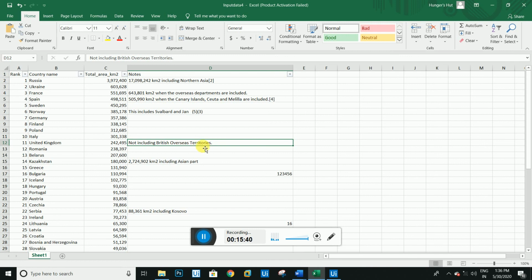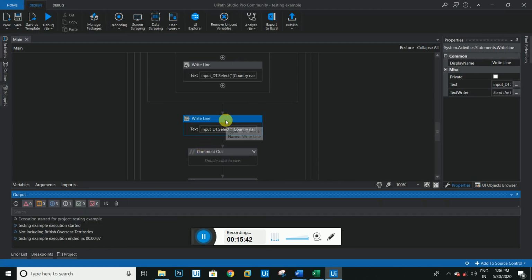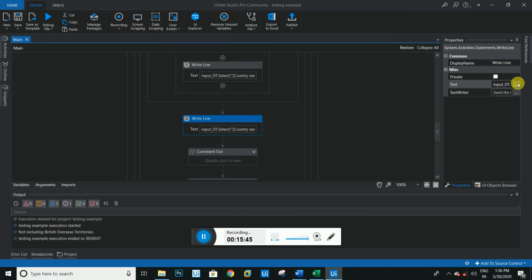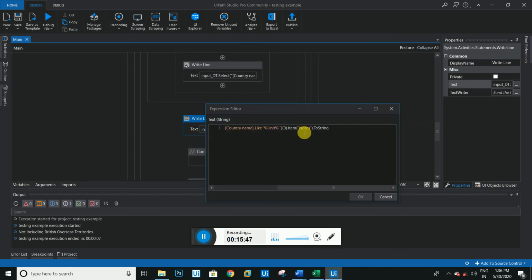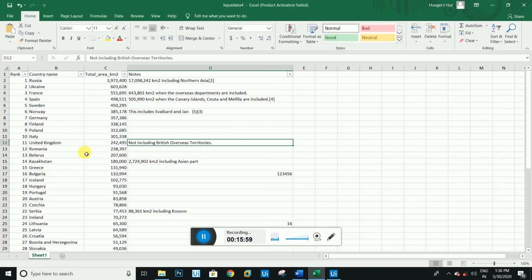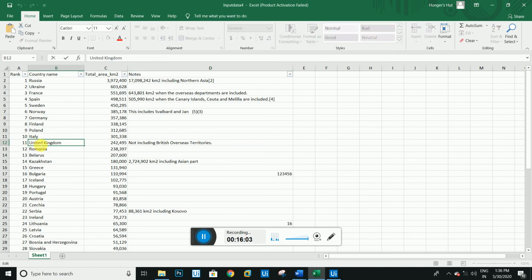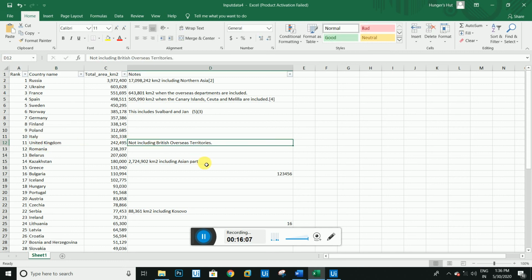Let me check what we wrote here. It is finding the result and giving the note. You get this point. It is finding the value king, and in the column name the value unit, some part or starting or beginning. So it is giving the result of the note.